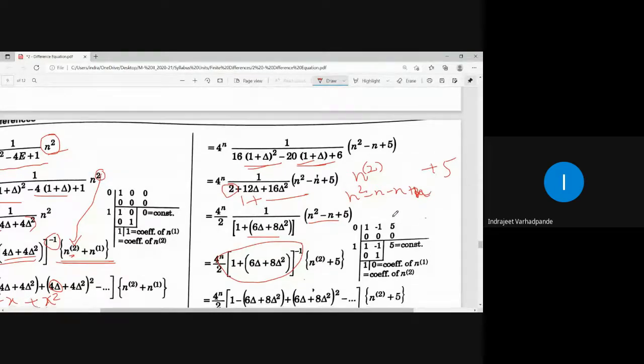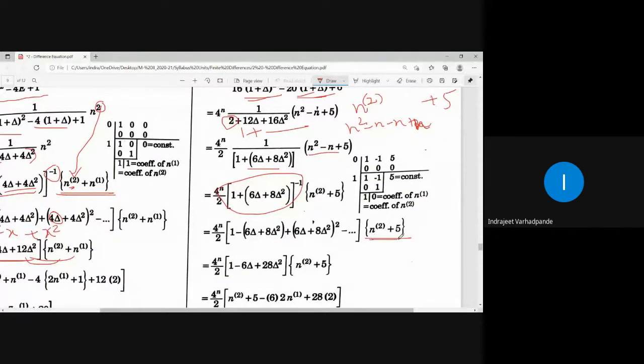सो अकॉर्डिंगली क्या होगा यहाँ पर? It will be n to the power 2 factorial plus 5. That is the conversion of n square minus n plus 5 to the factorial polynomial, right? n square minus n already तो है, ये कैंसिल करने के लिए प्लस n कर देना है. That is how it will be simplified. So you get n to the power 2 factorial plus 5. That is what the factorial notation or the polynomial is.